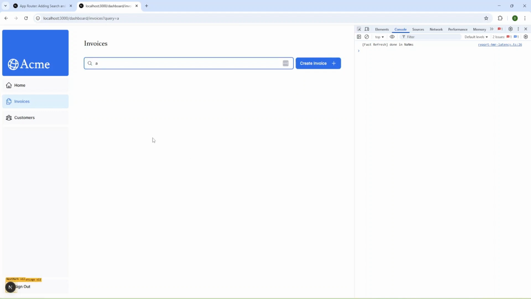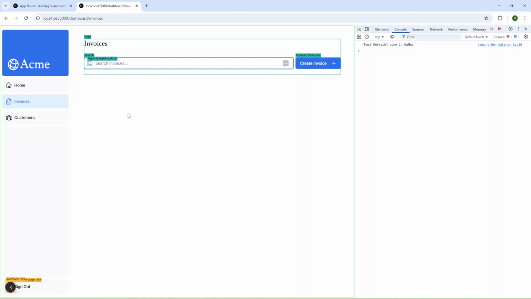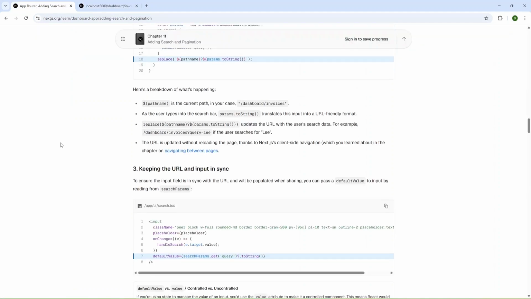As you can see, inside the address or URL, we have query, and it equals our input. And I can add more values. As you can see, when I'm adding letters here, our query is changing. Okay, and I can remove it and go back to the docs.